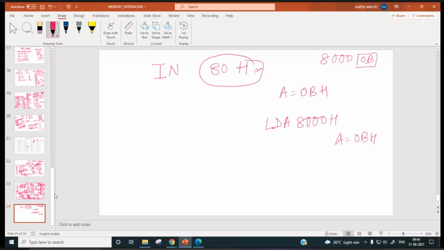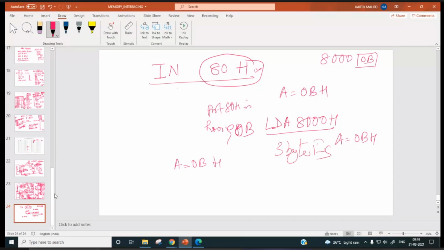So port 80H is having 0BH. So it will copy A equal to 0BH. It's similar to LDA 8400H. It is a 3-byte instruction, while IN 80H is only a 2-byte instruction.